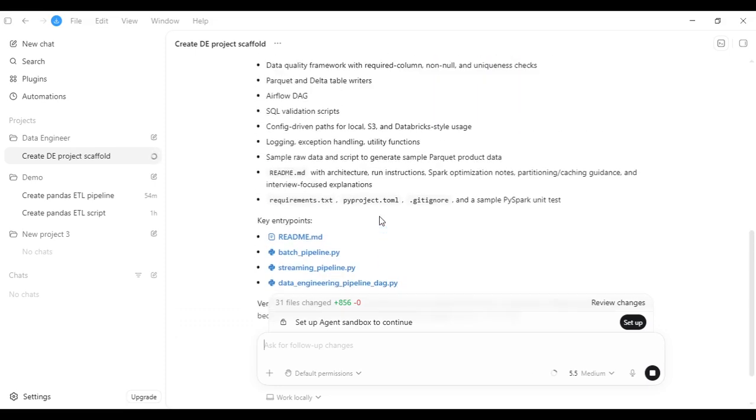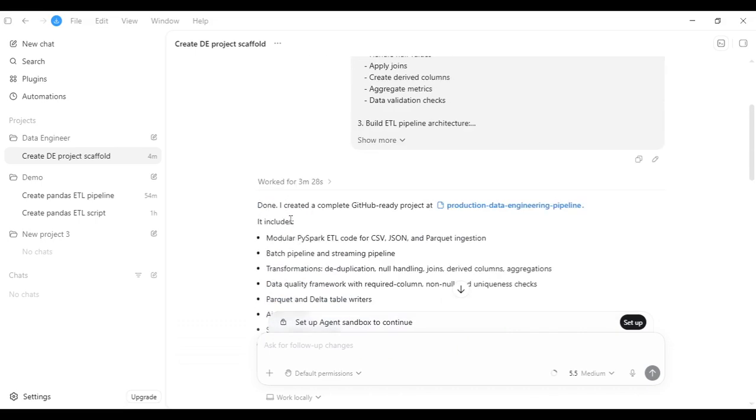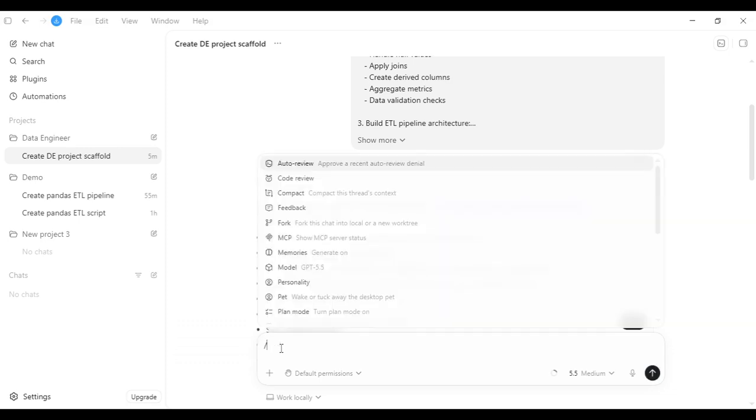So now you can see it's completed, and the readme file and customer csv file are there. So done, created a complete GitHub-ready project. Okay, so this is the pipeline. So basically all these skills got created. So if you type again, okay, so